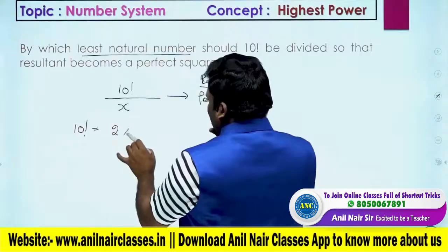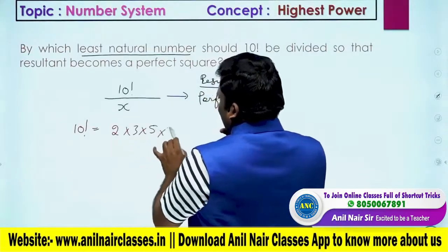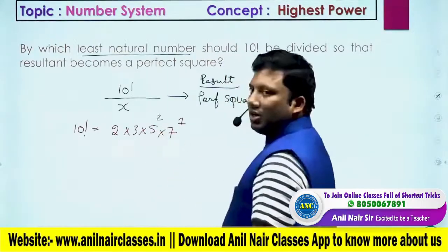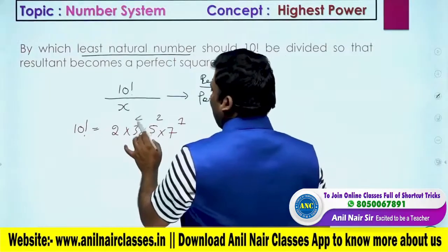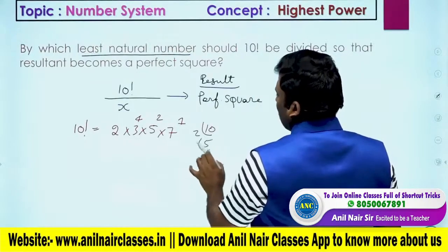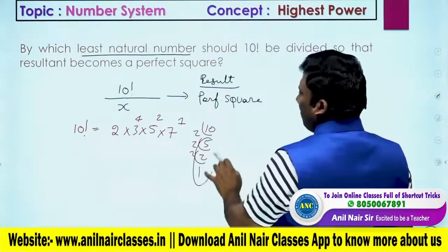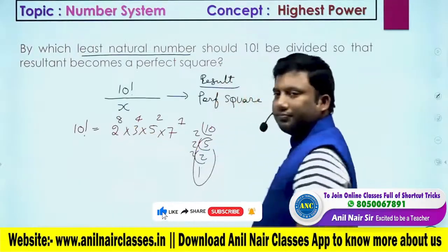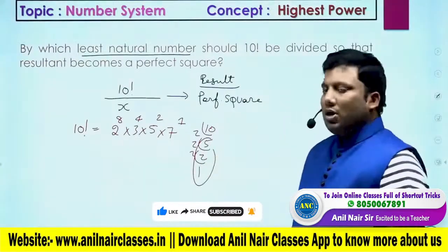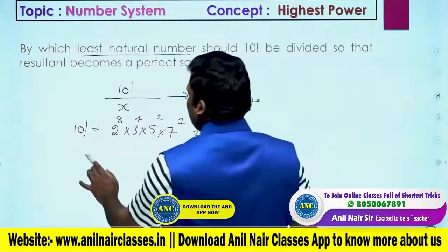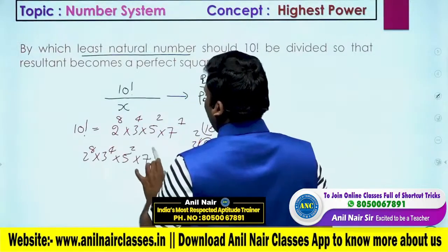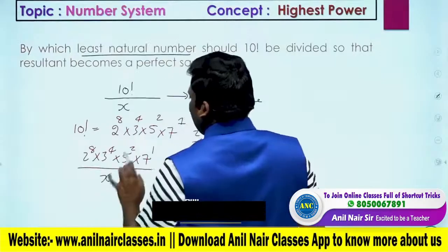What are the prime numbers? 2, 3, 5 and 7. Highest power of 7 in 10 factorial, 1. Highest power of 5 in 10 factorial, 2. Highest power of 3 in 10 factorial, 4. Highest power of 2 in 10 factorial: 5, 2, 1, so 5 plus 2 plus 1 is 8. So 10 factorial as a power of all the prime numbers from 2 to 7 is 2 power 8 into 3 power 4 into 5 square into 7 power 1, divided by